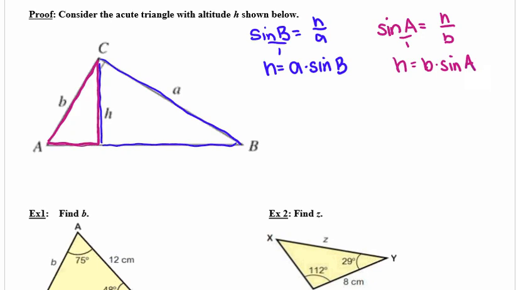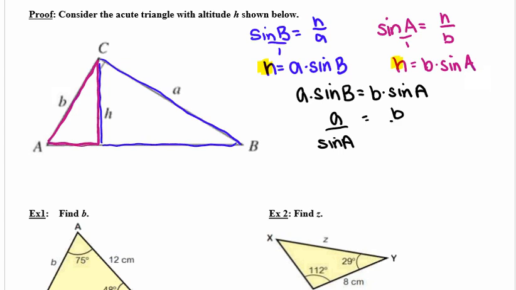Well, now I've got this nice system of equations where h is equal to both of these values. I'm just going to do a little substitution now, and I'm going to make a times sine of B equal to b times sine of A. I'm going to divide both sides by sine of B. So when I divide the left side by sine of B, I'm just left with a. I'm also going to divide at the same time both sides by sine of angle A. So on the left, I'm going to have divided by sine of angle A. On the right, the sine of angle A's will cross off, and I'm left with b over the sine of